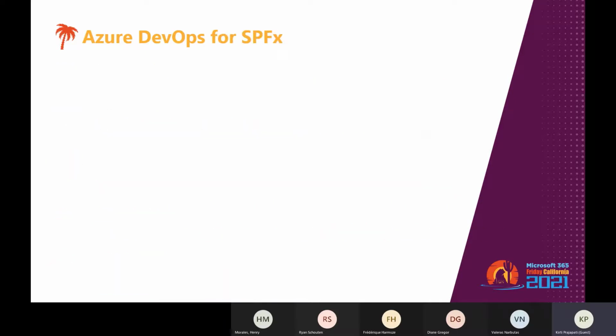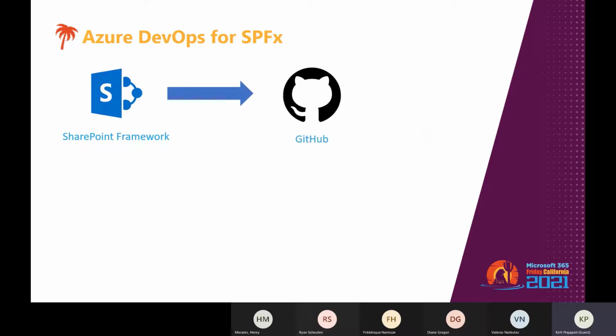Now we'll see how Azure DevOps helps in a SharePoint Framework solution. Let's say, for example, you are creating a solution or project using SharePoint Framework. Then you are pushing or committing your code to GitHub. Then you are creating the required Azure Pipelines that allow the build, testing, and deployment of the code.